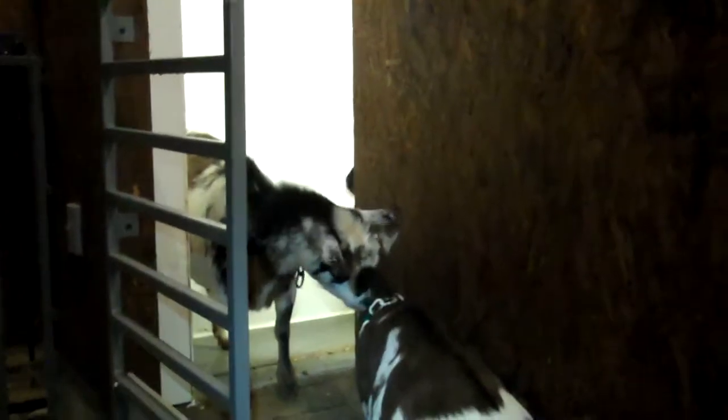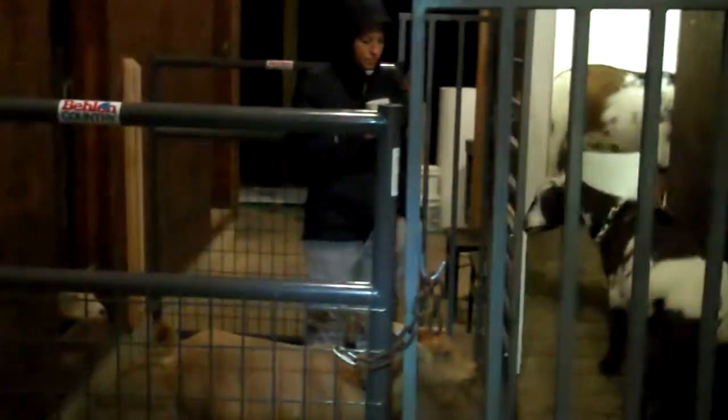And Summer is running the show back there. 3 goats can be milked at one time. And they're all corralled with this gate system, which is really well thought out, I feel. But around the corner here,